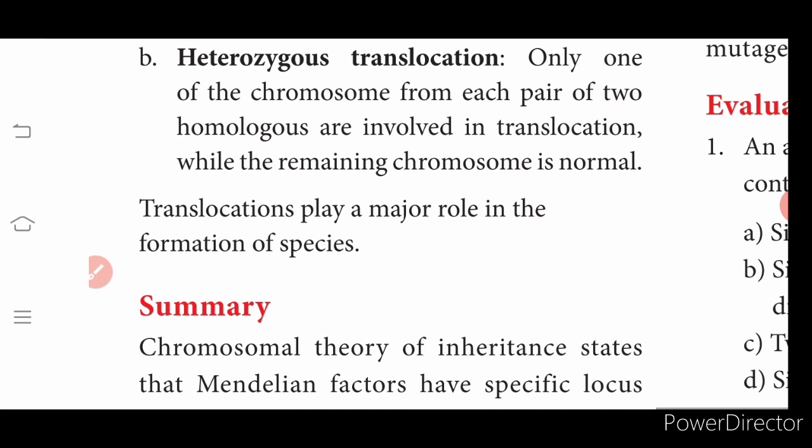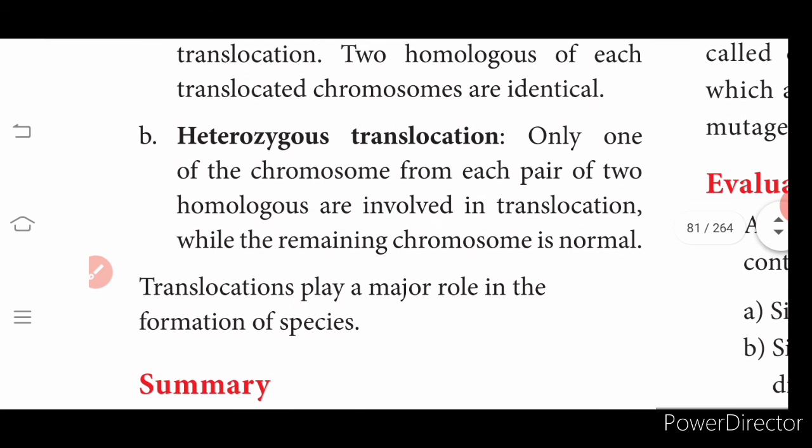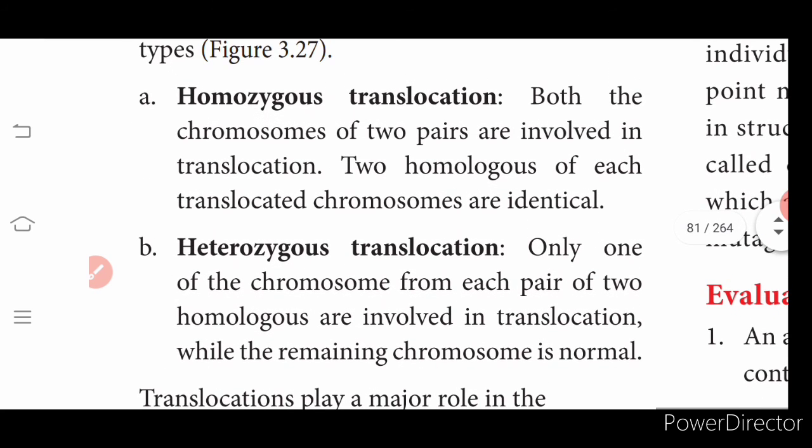Okay, so with this, the third lesson is over. In today's class, we have learnt about mutagenic agents. These mutagenic agents are of two types, physical and chemical. Then we have seen about mutation, point mutation and chromosomal aberration, and its types. Chromosomes may get changed in their structure or in their numbers. All those things we have learnt in detail. With this, the third lesson is over.